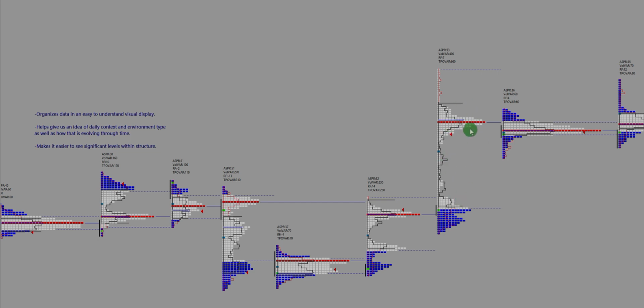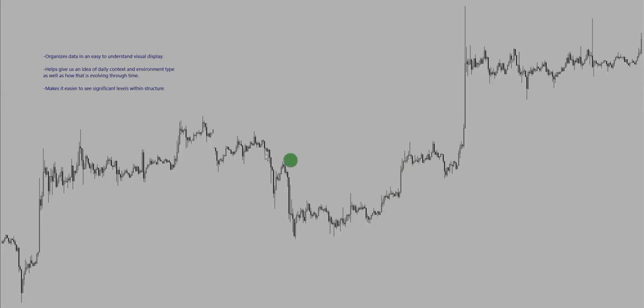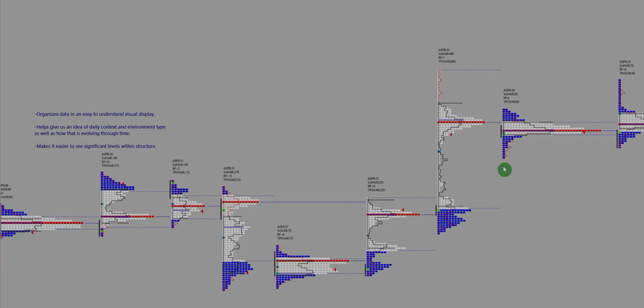So by looking at market profile, we get a complete idea of what occurred throughout this session. And we're going to be looking at, obviously, market profile for 24-hour periods. And we went over how each one of these bars within is a half hour period throughout that day. So we get a complete idea as to what's taking place within this structure, right? It organizes data in a very easy to understand visual manner, right? So rather than looking at multiple candle closes on a 30-minute time frame, on a 5-minute time frame, and all this back and forth, very quickly we can see in a case like, let's say, for example, the 24th,